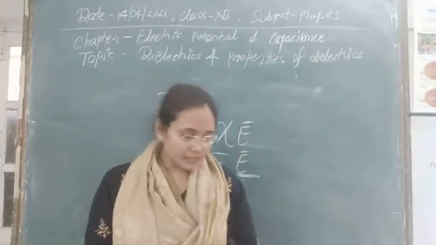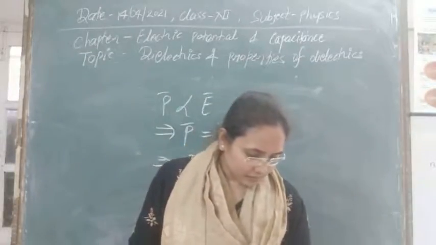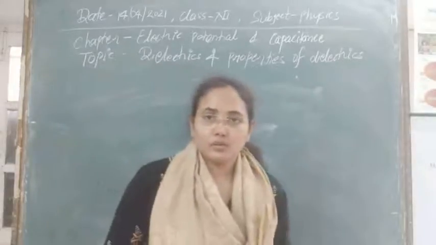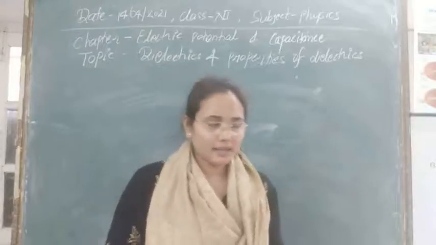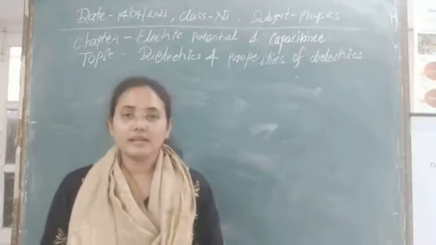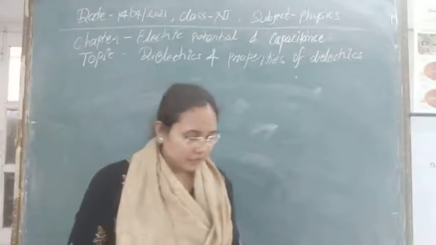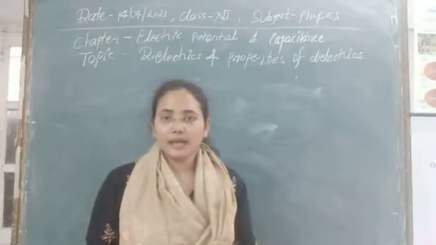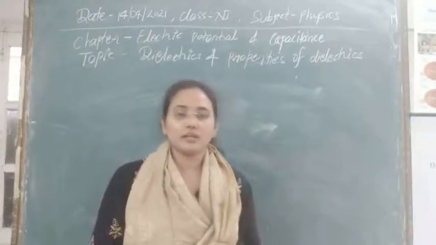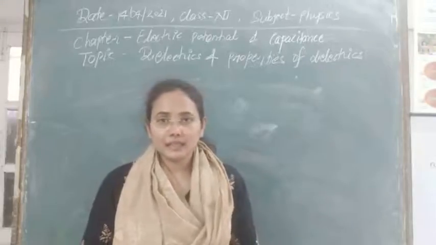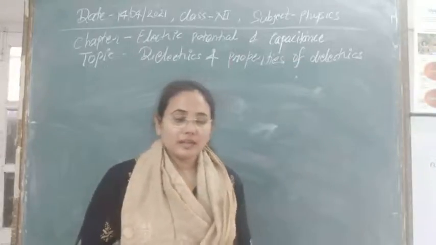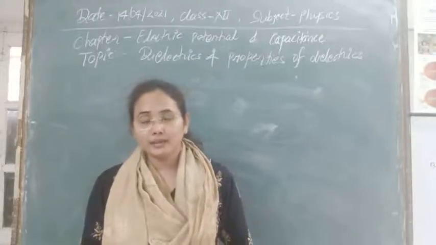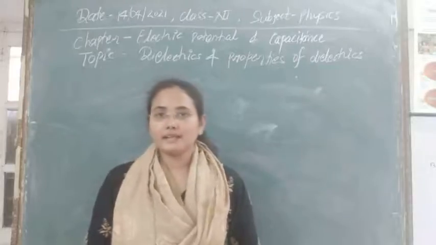Next topic is the relation between susceptibility and dielectric constant. To derive the expression between dielectric constant and electrical susceptibility, we will use the concept of polarization. When any dielectric material is put into an external field of strength E0, some of the electric dipoles are formed inside the dielectric, and due to that an induced electric field is generated inside it.